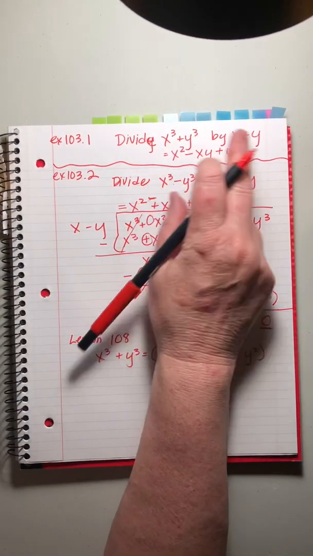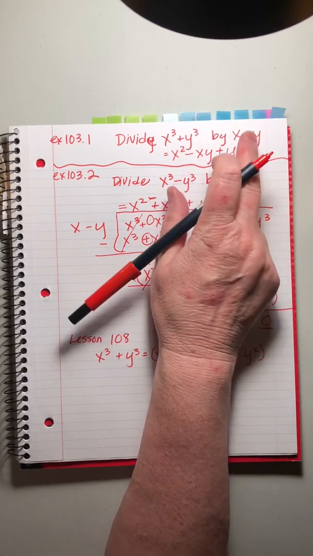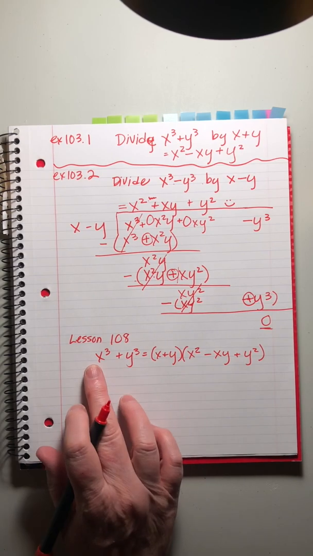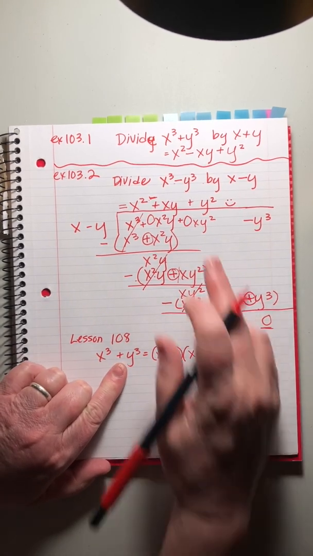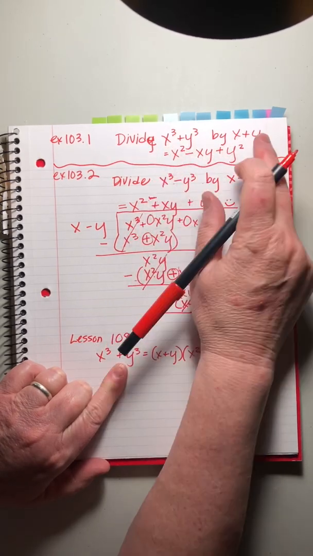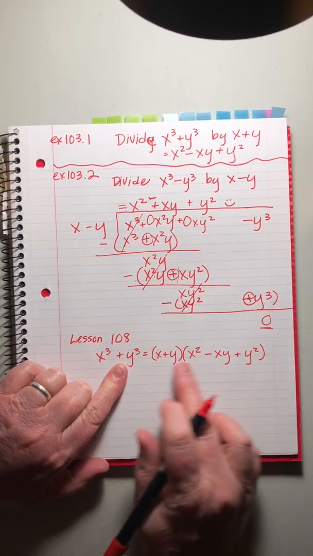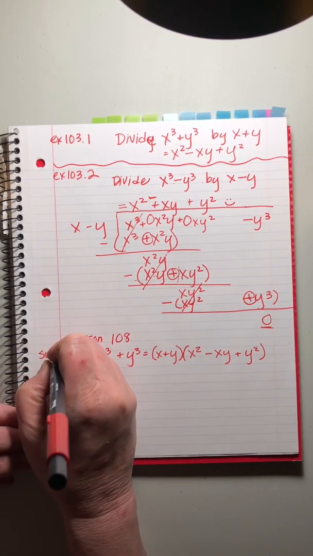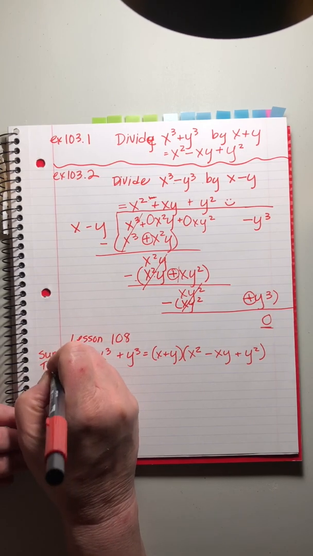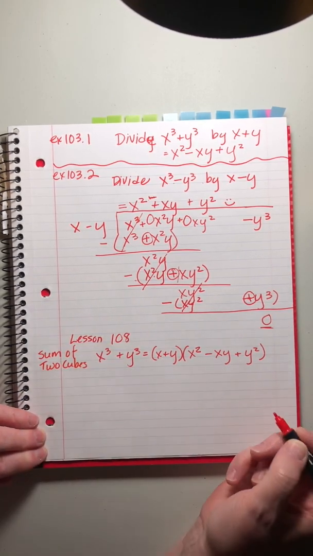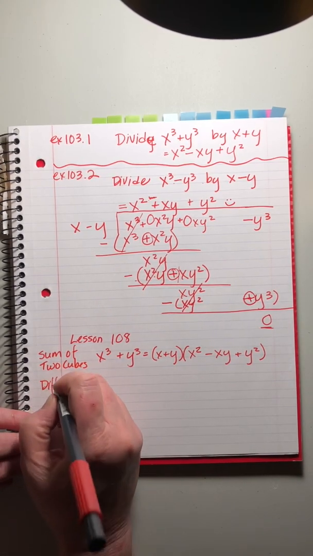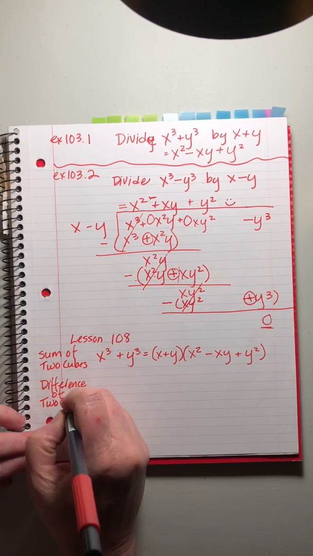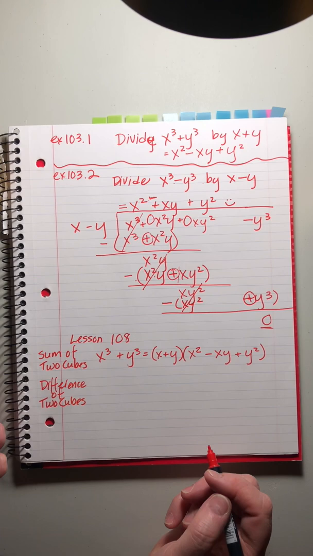Okay? We took this and we divided it by that and we got that. That proves that this times this equals that. And that's what we're going to learn in lesson 108, that this equals that times that. And there they are. Cool? This is called the sum of two cubes. And then we're going to learn with it something called the difference of two cubes. I can imagine how excited you are right now to be getting these fabulous advance warnings,